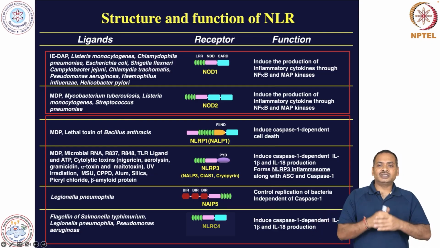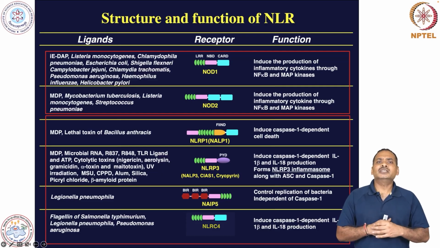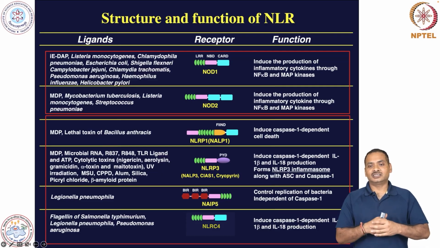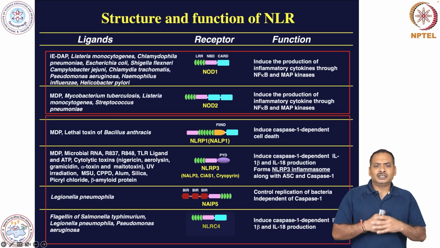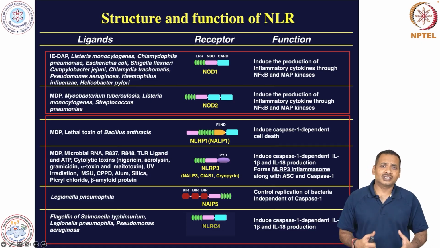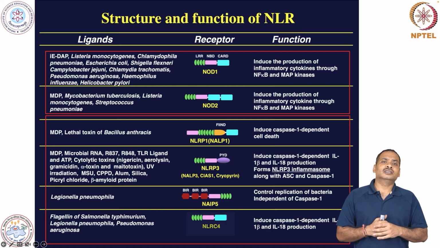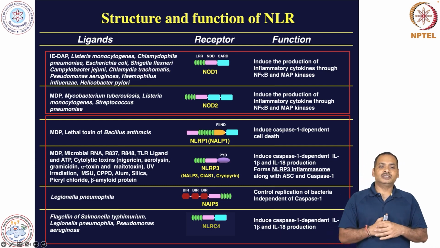So this NLRP1 is inducing cell death, and it is caspase-1 dependent. Another is NLRP3. As I told you, this is a very well characterized NLRP family member. We also call it NALP3,